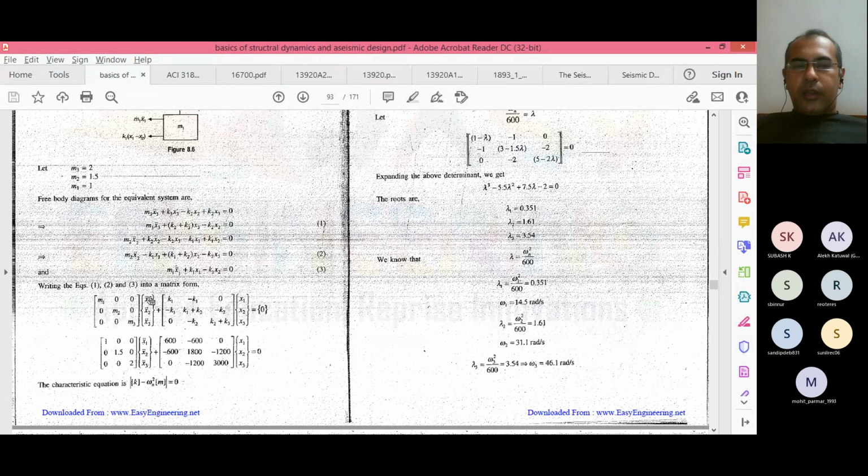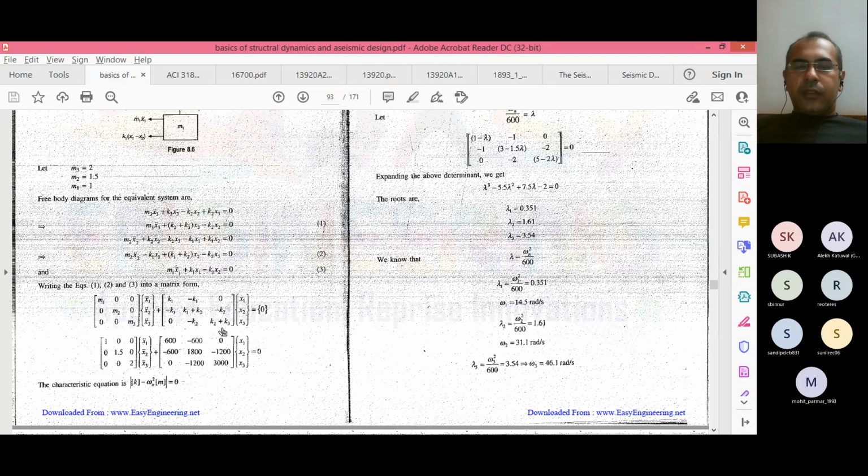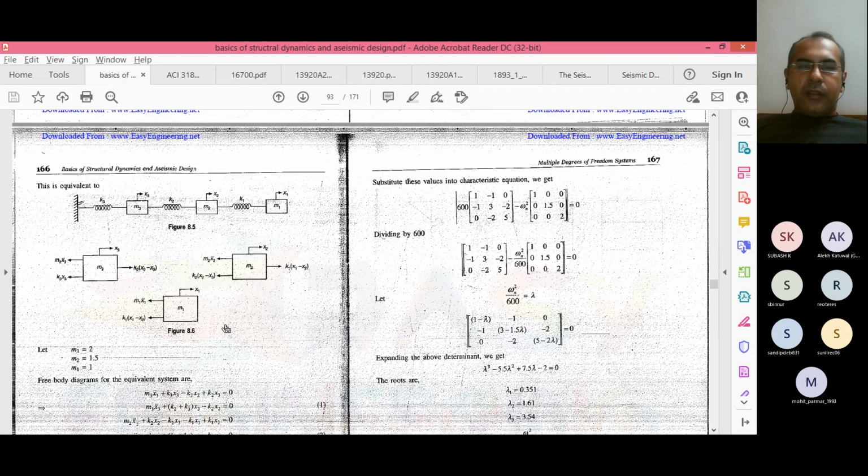And x1 double dot, so mass into acceleration is the equation. So x1 double dot, x2 double dot, x3 double dot, plus the stiffness matrix. Here you can see it is k2 plus k3. So either you can take it as k1 plus k2 or as k2 plus k3. Either you take from the top or from the bottom. If it is from the bottom, then it will be k1 plus k2, and if you are taking from the top, then it will be